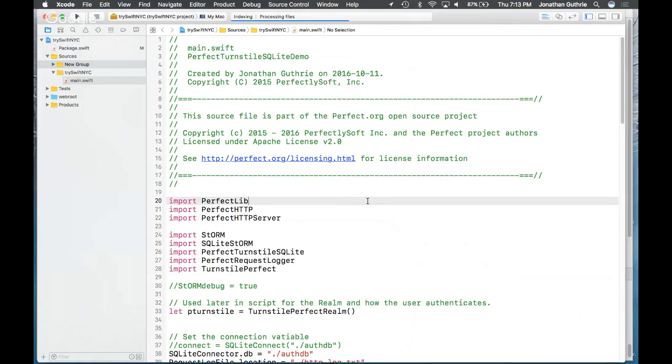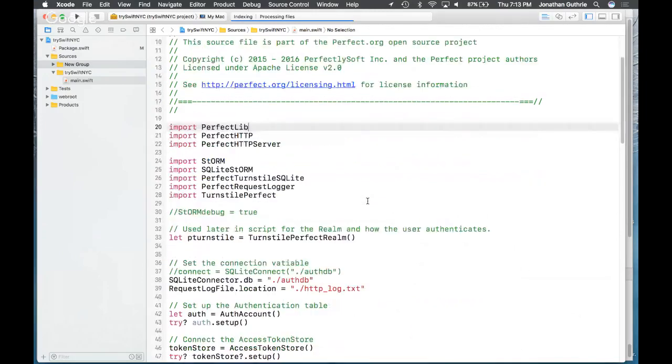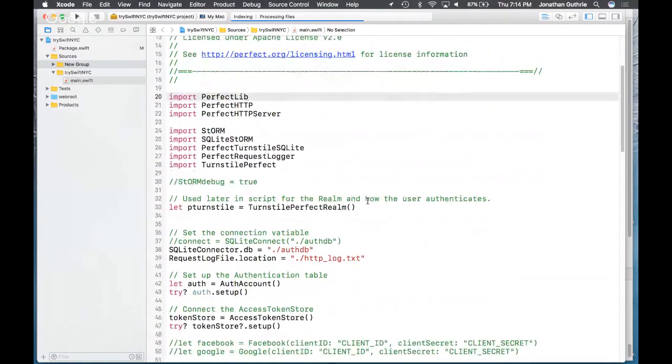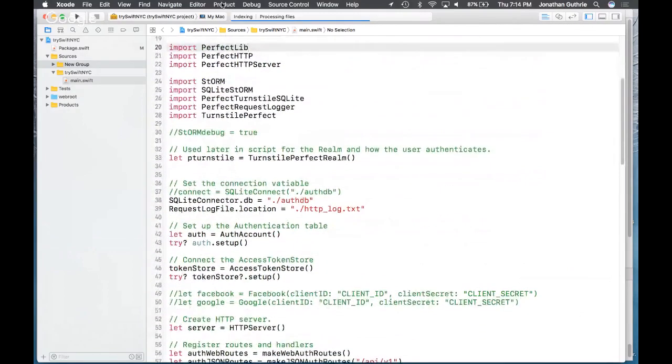So, a very, very quick tour of the main file. The main file is importing a bunch of dependencies. We've got our Perfect main library, the web server, the web stuff.